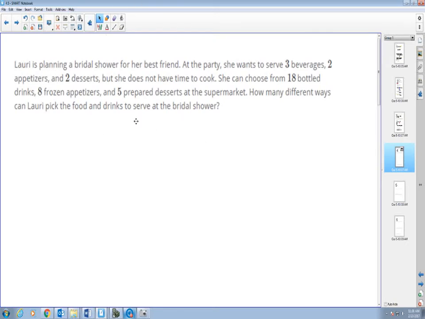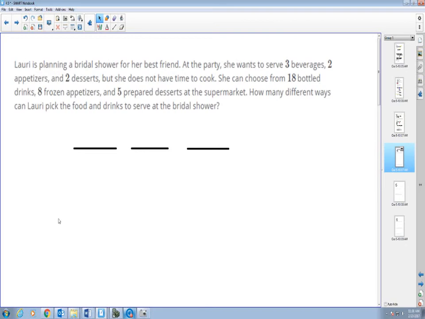So, we're gonna pick 3 different things. She wants to do beverage, appetizers, and 2 desserts. From the supermarket, she can choose from 18, 8, and 5. So one task followed by the other, we will multiply. Now,